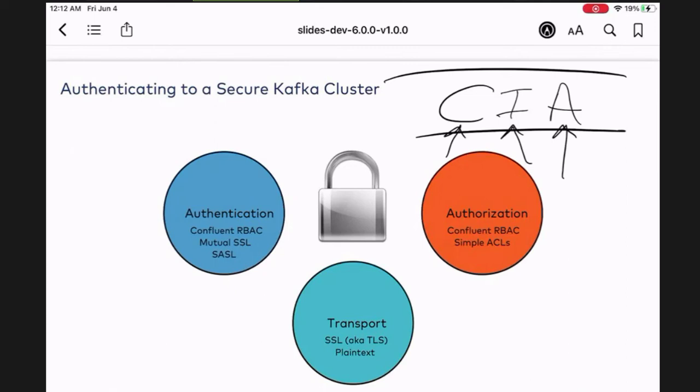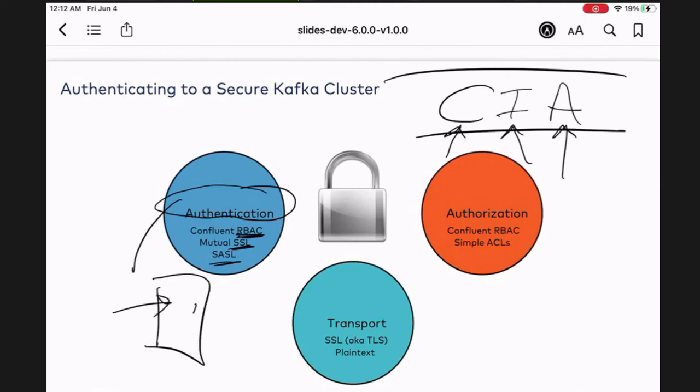Then when you look at the framework, you look at Kafka, you say, well, in Kafka, how do we protect against this? Well, we have authentication things that we can do with role-based access, SSL, and SASL. Authentication is proving who you are. For example, if I say, hey, show me your ID, prove that you are Eric, and Eric shows me his ID, and I say, okay, verified, Eric has proven who he is. Or like logging into the system, give your username and password. Now check, you've authenticated yourself, right?